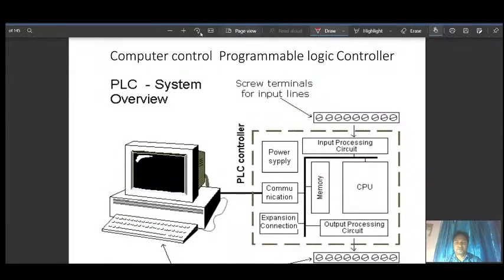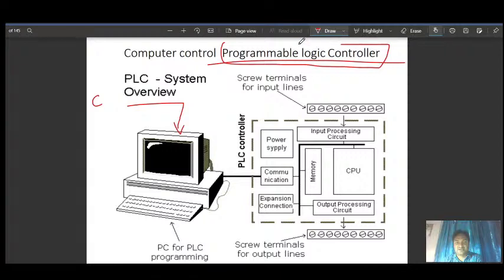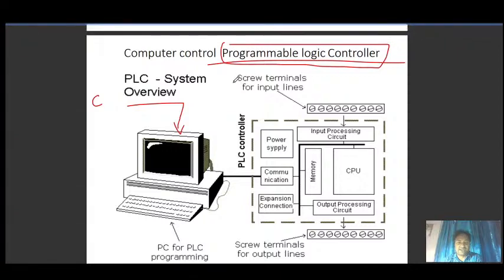Then we have computer control, the programmable logic controller. This is a part of the controller system of a machine, where we will control the machines. Obviously all the machines will be fitted with a programmable logic controller, and that will be controlled from the computer.